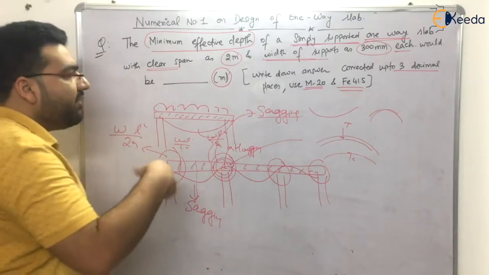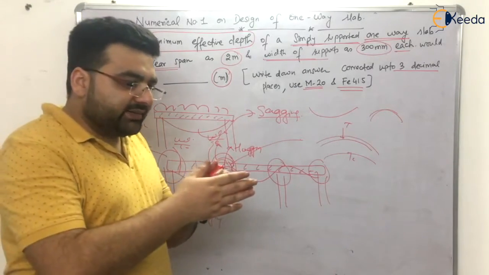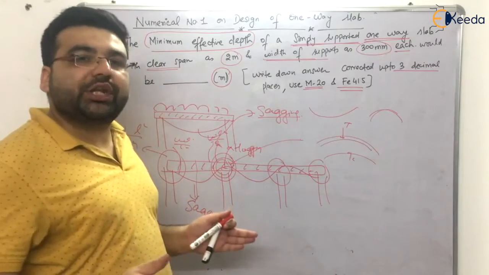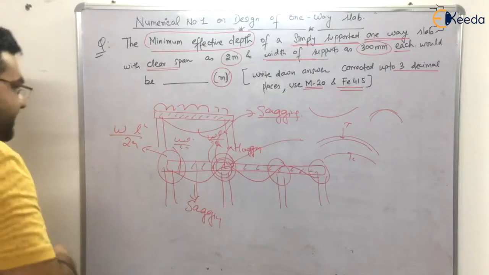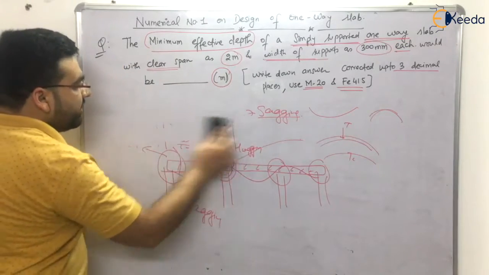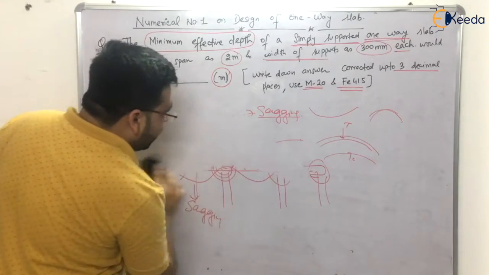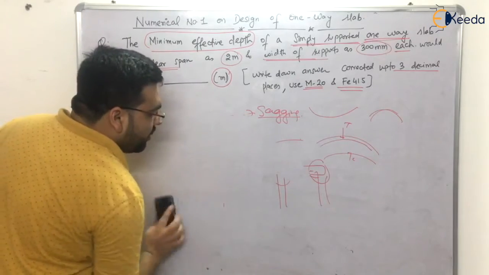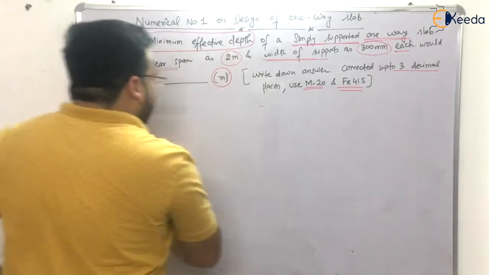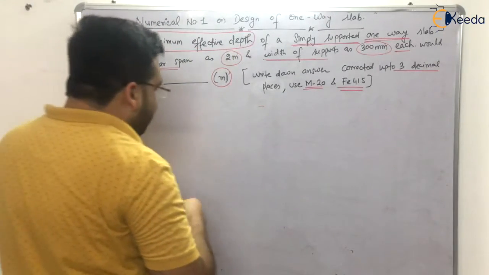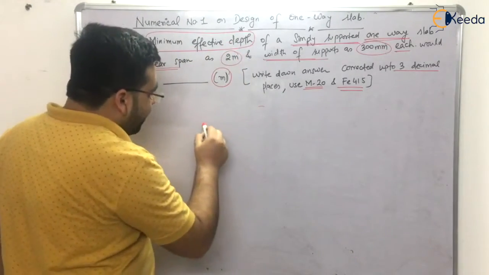I hope you have understood what a simply supported slab and a continuous slab are. Now in continuous slabs also, we have discontinuous edges and continuous edges. First of all, let me make you understand that, because that will be useful in two-way slabs also. So what is a continuous edge and what is a discontinuous edge? Now I am taking a plan in the top view.